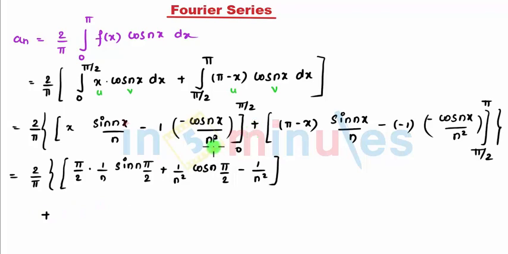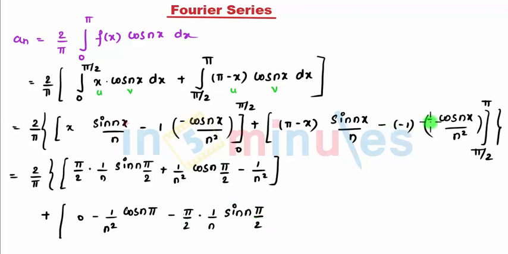Now plus, I'm writing it here. I'm putting the upper limit. Upper limit is pi, pi minus pi is 0, so the whole term is 0. So starting is 0, minus minus minus, so 1 minus is remaining, 1 upon n square, cos n pi here. Then put the lower limit, so I write minus. Putting the lower limit pi by 2 here, pi minus pi by 2 is pi by 2 into 1 by n sine of n pi by 2, and then minus minus minus minus remains, but the outside minus becomes plus, that changes the sign, and then 1 by n square, and here cos of n pi by 2. So that is my whole substitution of limits, which finally gives me an as